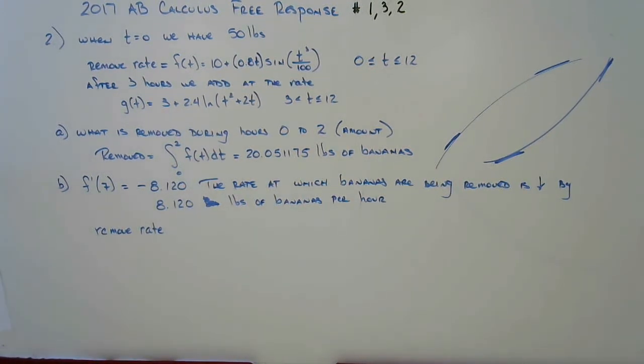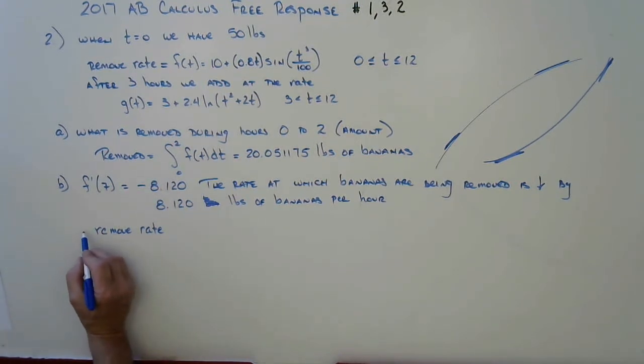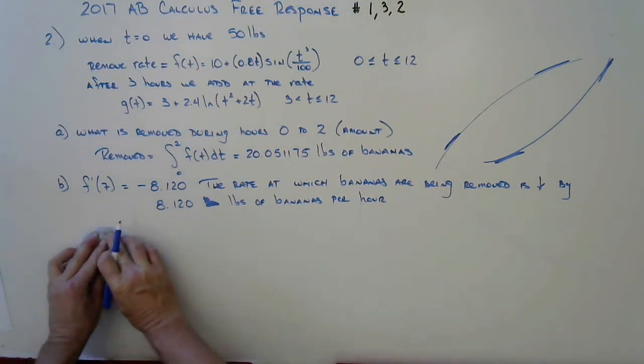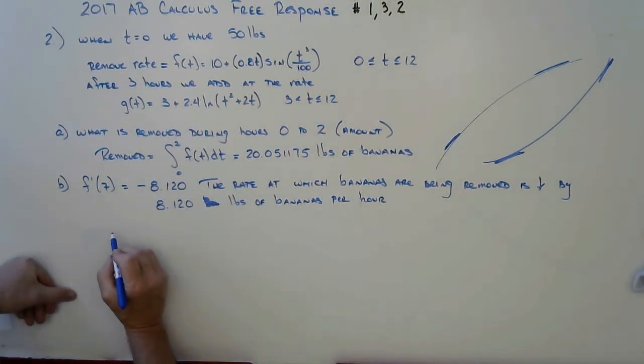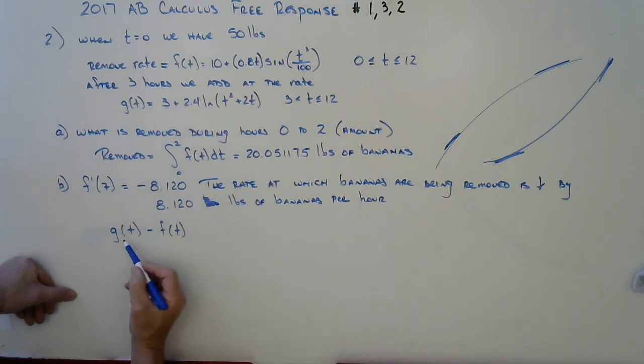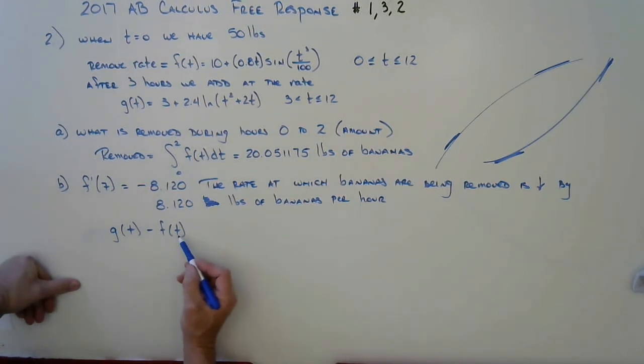That's our removal rate. And what are we going to do? We'll just write it in the other order so the negative sign is easier to see. We're going to take our added rate